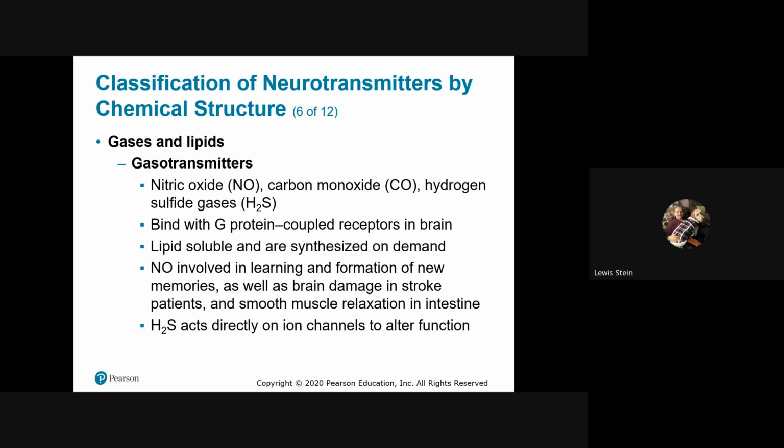Carbon monoxide, interestingly, has neurotransmitter effects, but certainly it's a toxin. Hydrogen sulfide gas would classify as that. You can see G protein coupled receptors in the brain. There's other ones that are lipid soluble and synthesized on demand. It's very interesting, those kinds of things. So the nitric oxide, really, the learning, release from brain damage, the role it plays intestinally, the role it plays